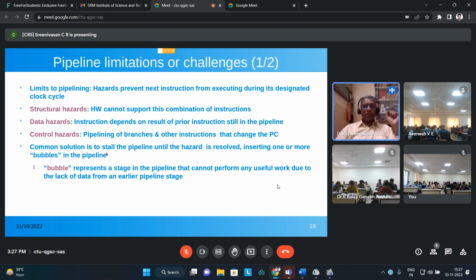So the common solution is to stall the pipeline until the hazard is resolved. So what people do is, okay, let me stop the pipeline so that somehow I will remove the bottleneck. So if it is hardware related,